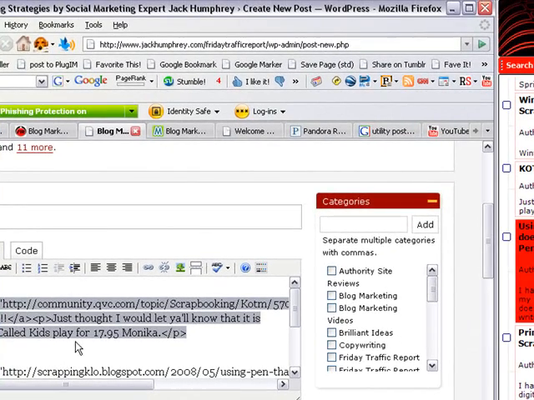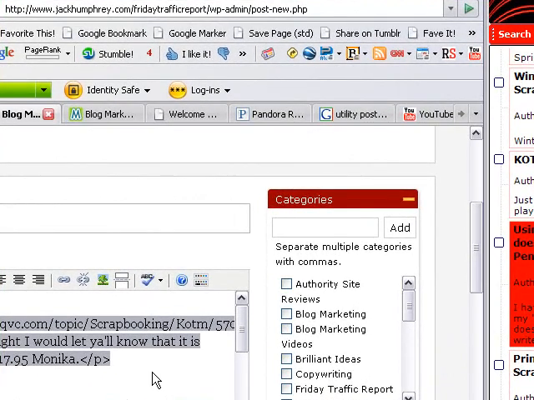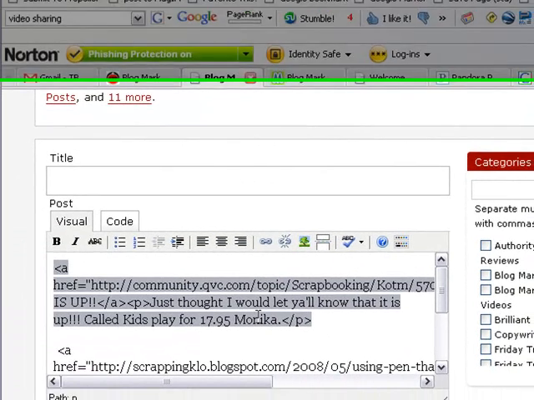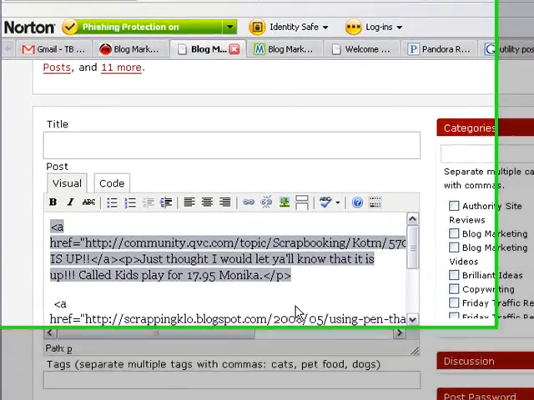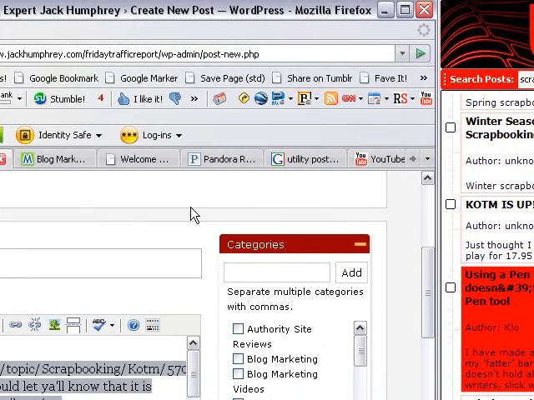So some posts that you make with Utility Poster are going to have the same kind of benefit as using Track Boost, because some of these sites will get pinged and they will approve your trackbacks. The only thing is, with the Utility Poster, you can't track it. You can't track who sent you a ping back or a trackback. So that's a big difference. Definitely Utility Poster is great. It's awesome. It's got its own usage,